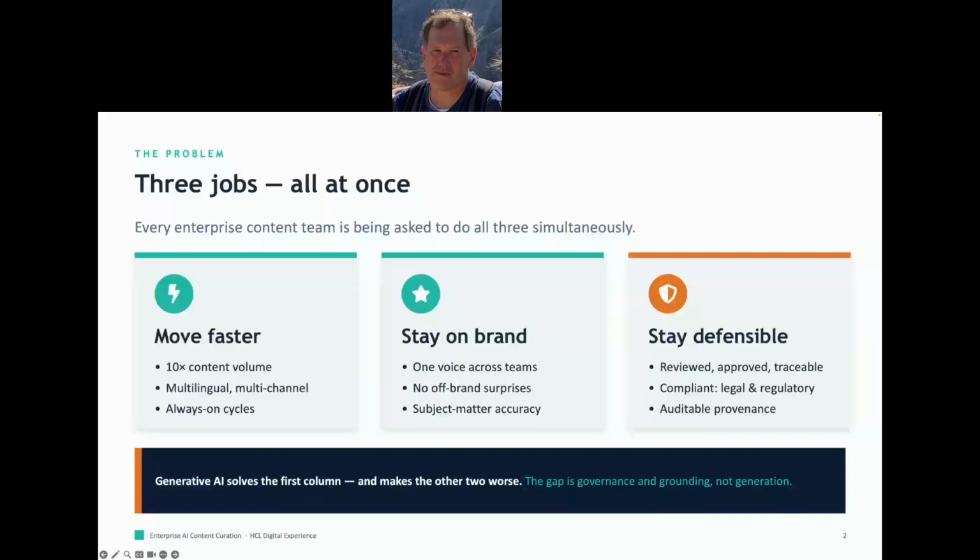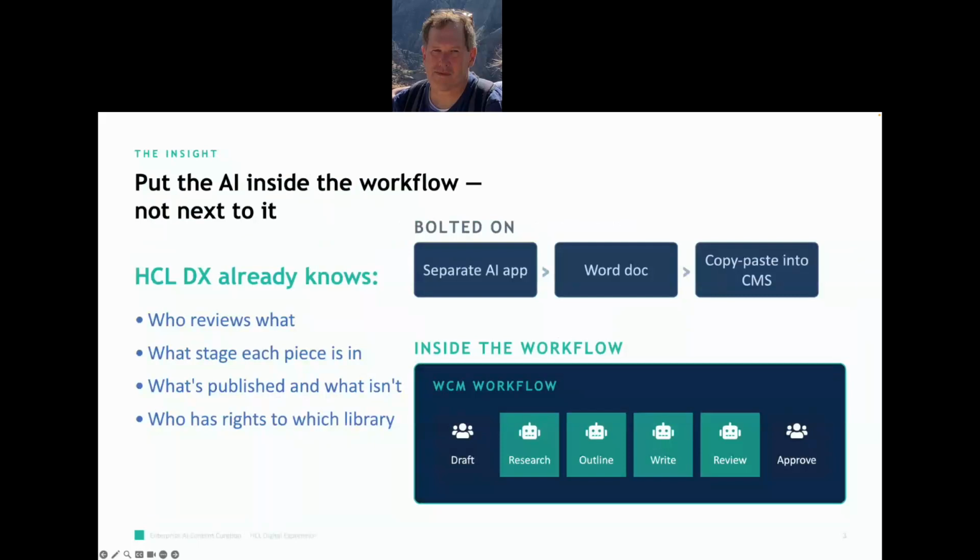Now, the typical AI workflow in an enterprise is terrible at best, right? Many enterprises don't allow direct integration with AI, or actually the tooling doesn't allow direct integration with AI. So a lot of times what people will do is they'll use a bolted on solution, which means you've got, say, your content curation process, and then you want to put in generative AI output. So you'll go to